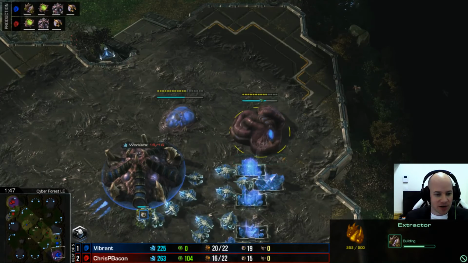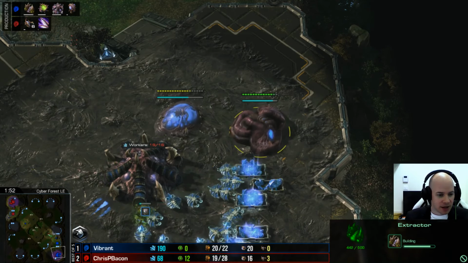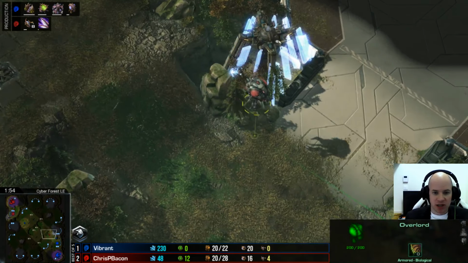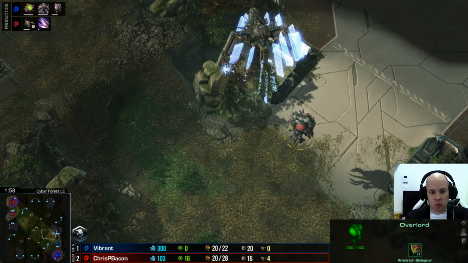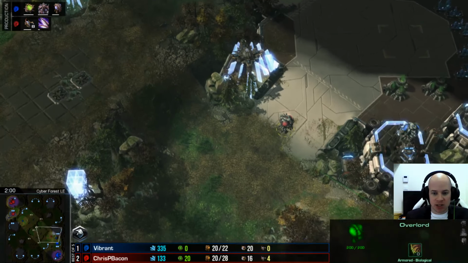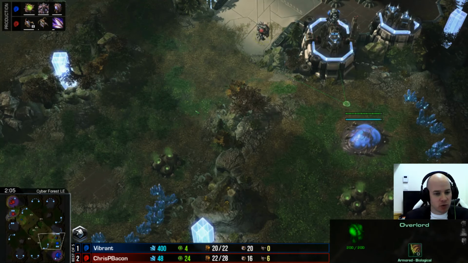First gas is going down here for Vibrant. And the Overlord Scouts are moving into position. Now, Cyber Forest is a really interesting map if we do end up on Roach Ravager Wars. Let's zoom out all the way here and take a quick look at this map and see exactly what it means. My favorite part for Roach Ravager Wars here